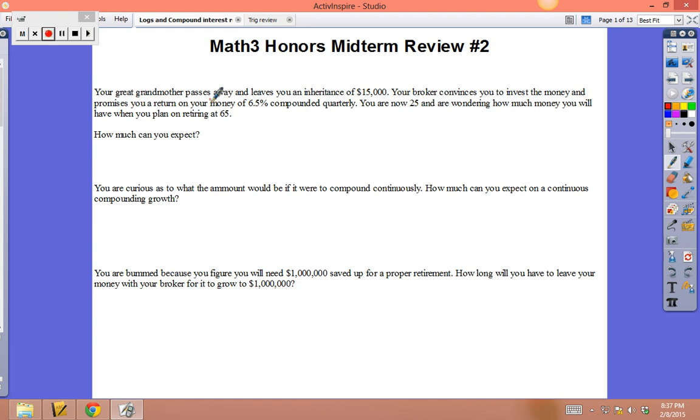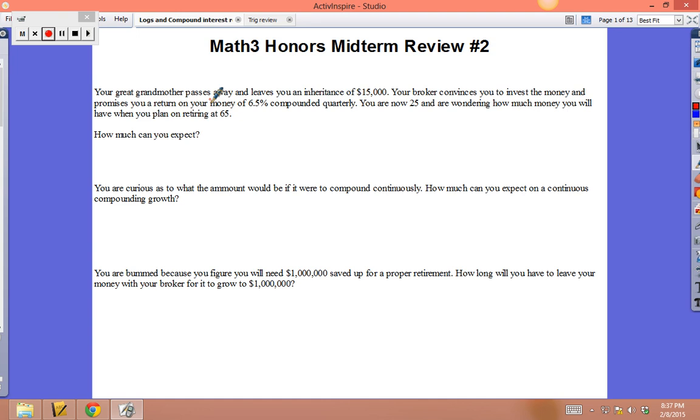Okay, so the first problem, if you read through it, wants you to model compound interest. So you need to know 2 formulas. The formula for compound interest is the amount of money that you're going to have at the end of the run in your bank account. It's going to depend on P for principal. That's how much you deposit initially. And you're going to multiply that by